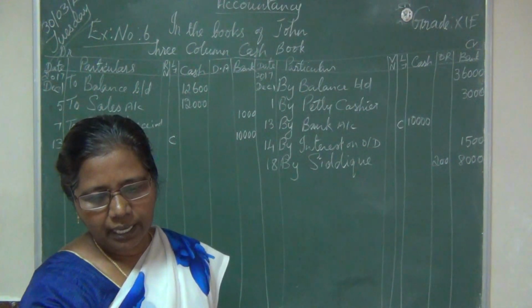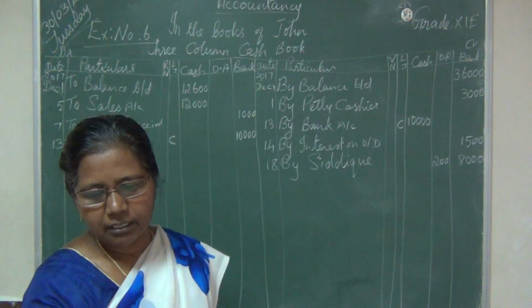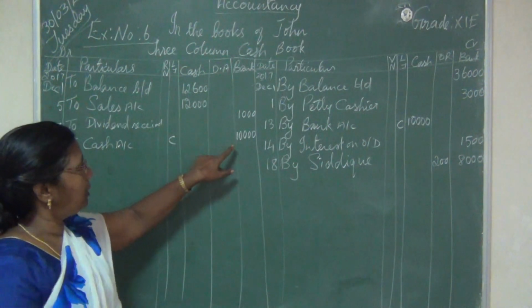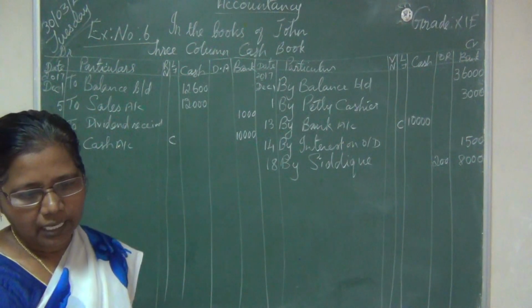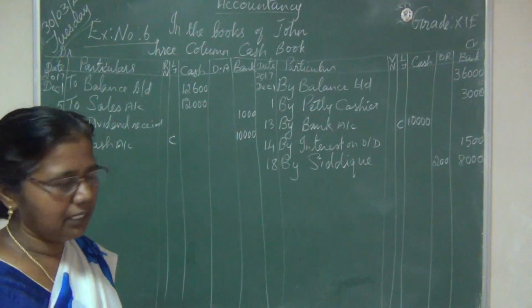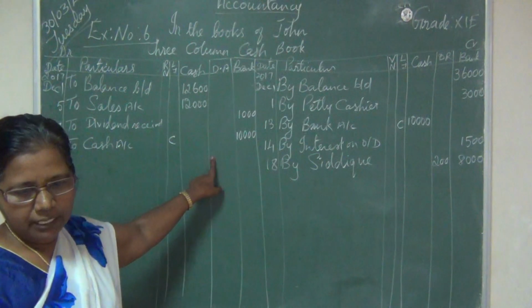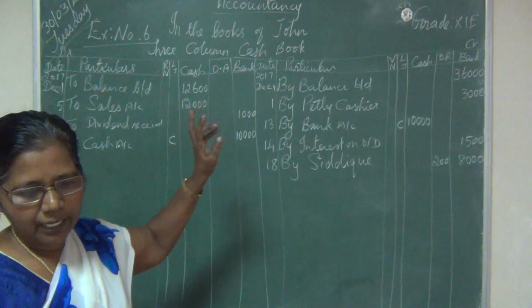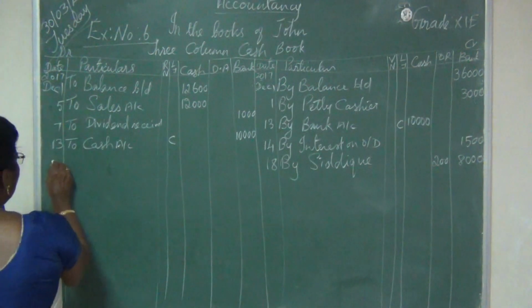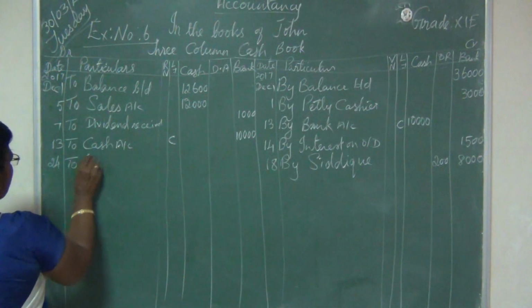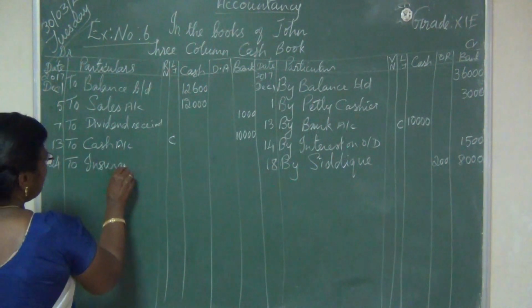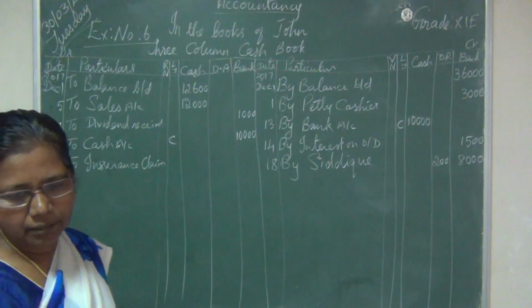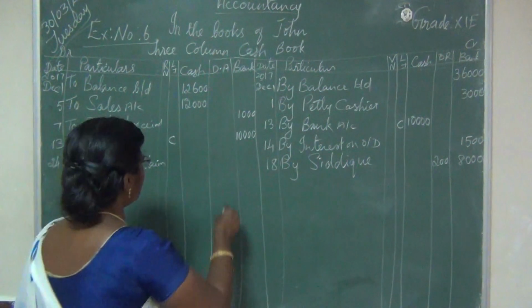Then insurance claim received by check and deposited into bank. Okay, so the bank is receiving, isn't it? Bank account debit to insurance claim that we receive. It is a receipt, but the receipt is in the bank, not as cash. Okay, we receive by check and deposited into bank. So bank debit to insurance claim 24. Insurance claim amount 17,000.